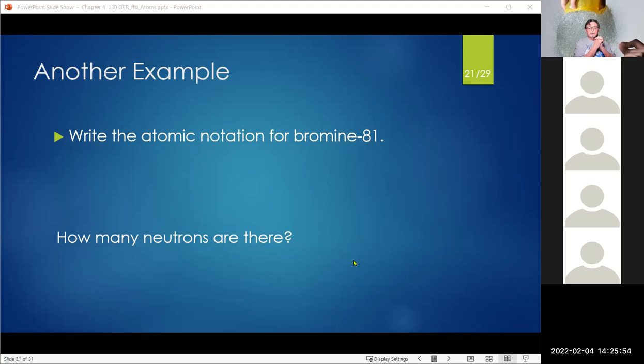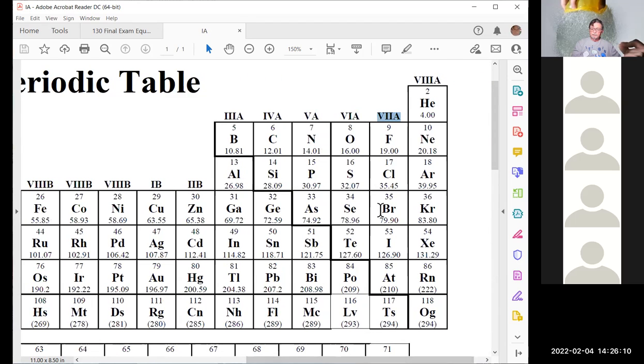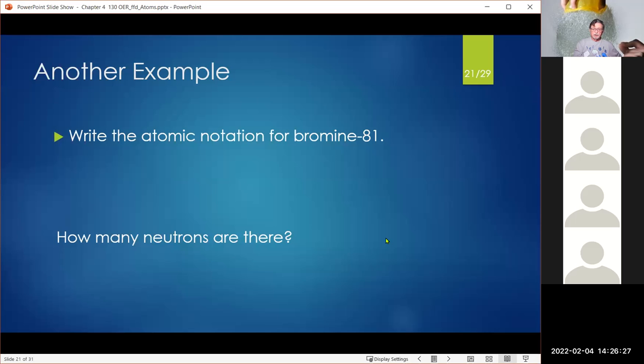All right, so here the question asked is write the atomic notation for bromine 81. And out of curiosity, you might say, is that the most common one? Well, let's go find bromine on the periodic table. Bromine is element number 35. It has an atomic weight of 79.90, which tells you that the most common isotope is bromine 80. Okay, so obviously in that question, they are not talking about the most common